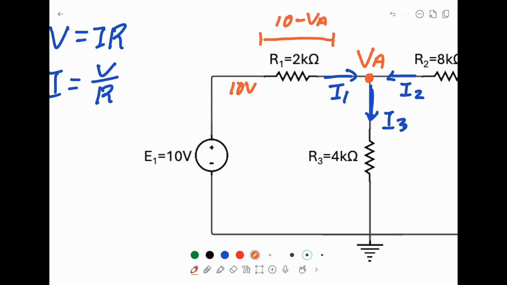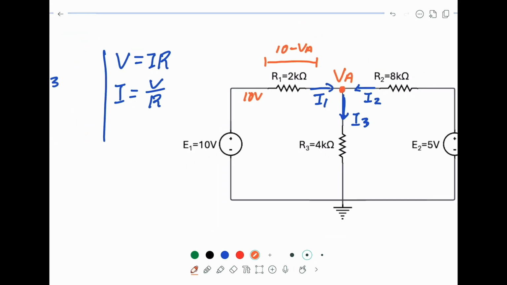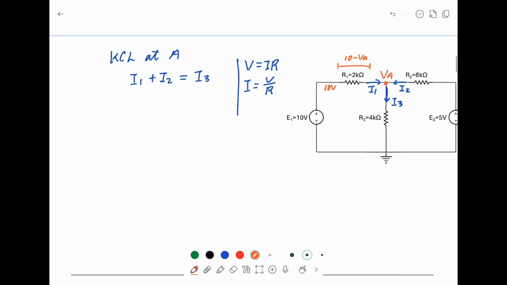And the current I1 should equal the potential difference across R1 divided by R1. So we apply Ohm's law, and I1 becomes 10 minus VA over R1, which